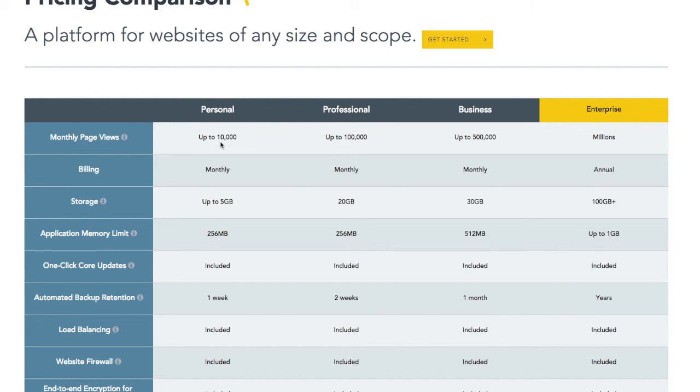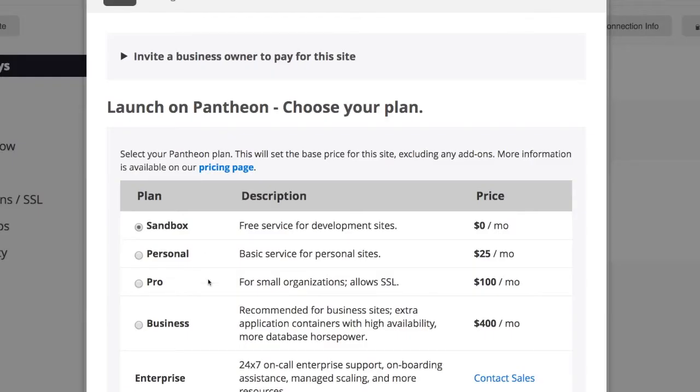So once you've decided what it is that you want, which level is going to make sense for you, then you need to go ahead and actually select that plan in the site. So let's go back to that and do that. So for this particular site, I'm going to select Pro because I want to have that SSL. That's really important. And this site potentially could have quite a fair amount of traffic, and I want to make sure we can handle